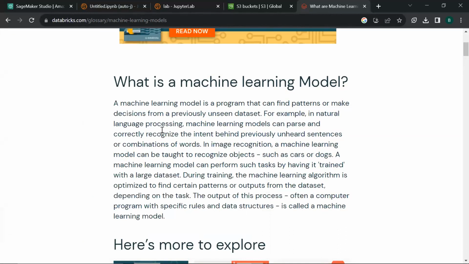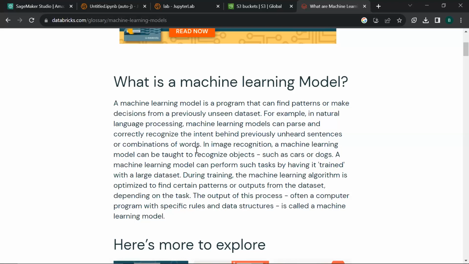For example, in natural language processing, machine learning models can parse and correctly recognize the intent behind previously unheard sentences or combinations of words. In image recognition, a machine learning model can be taught to recognize objects such as cars or dogs. A machine learning model can perform such tasks by having it trained with a large data set.